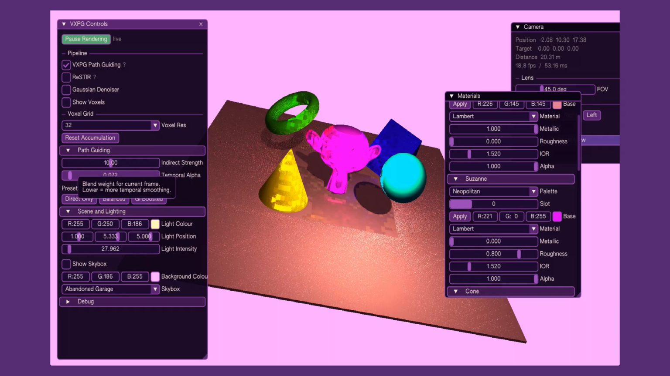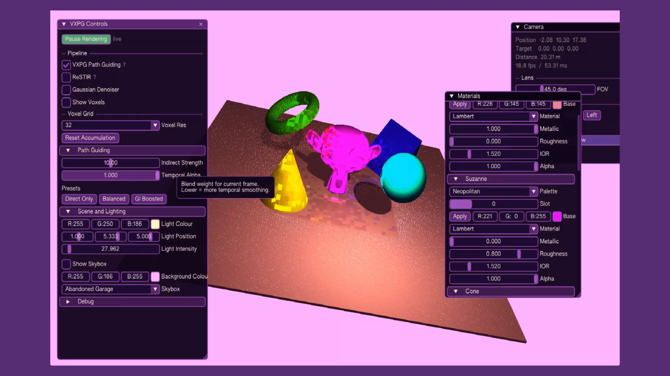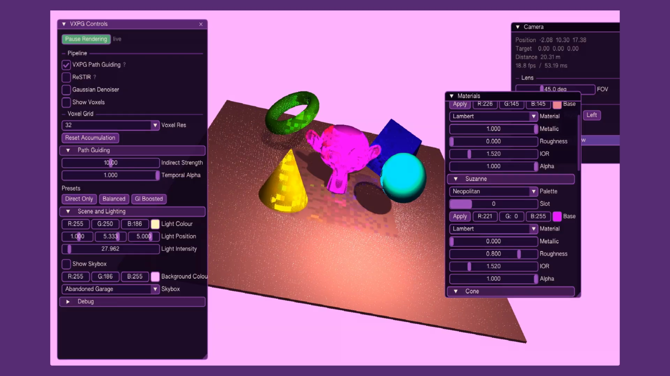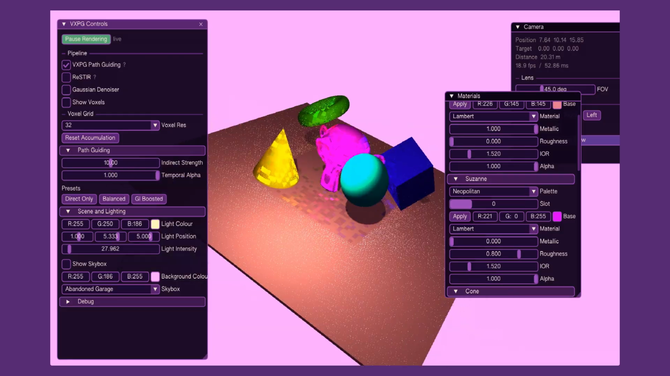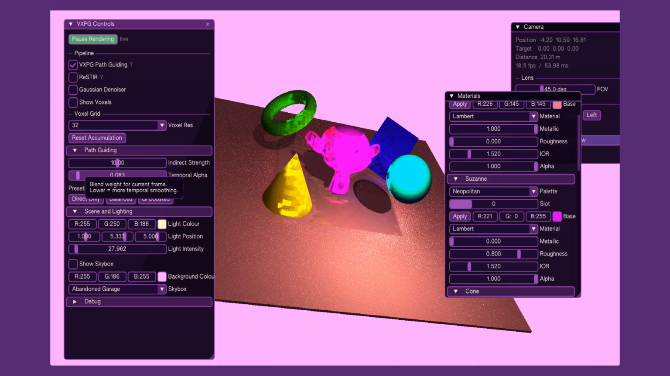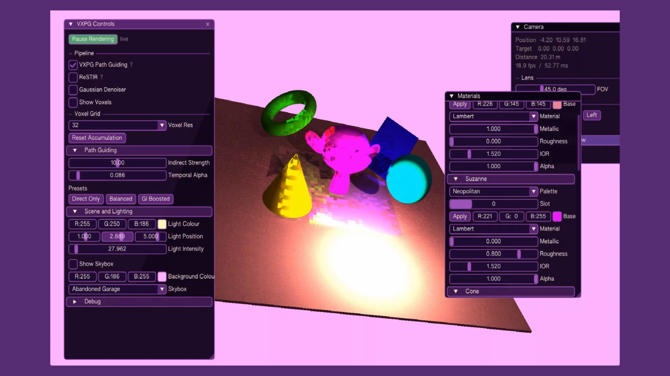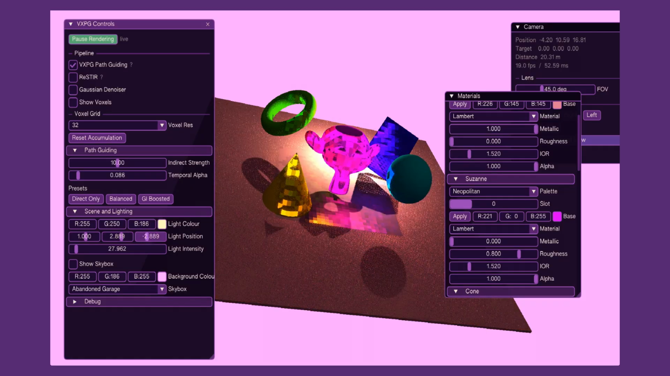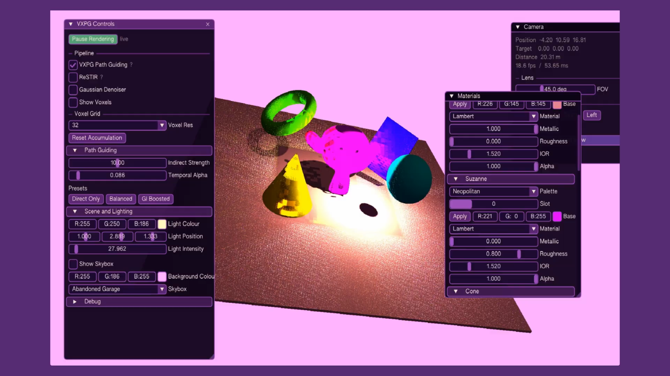The temporal alpha slider controls the exponential blend between the current frame and the accumulated history. At 1, there's no accumulation at all, so the output is raw 1 sample per pixel, which is very noisy. Back at 0.1, we heavily weight history for a smooth result, and moving the light source shows how the accumulation